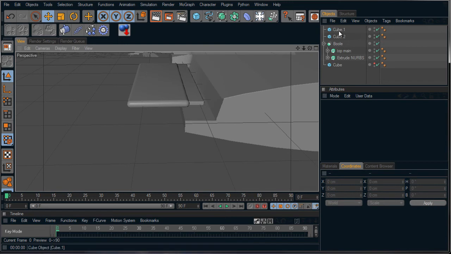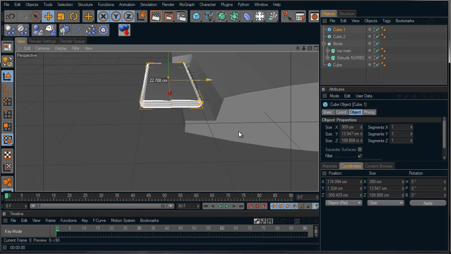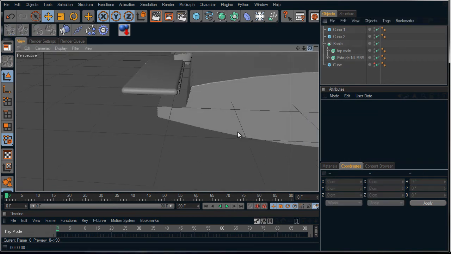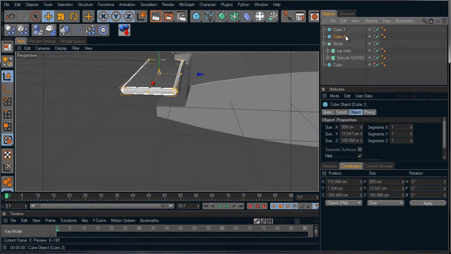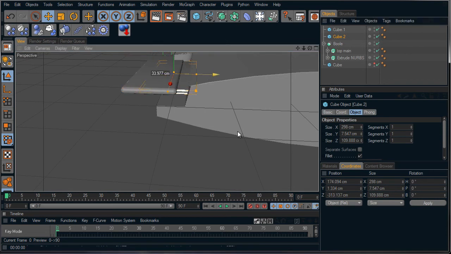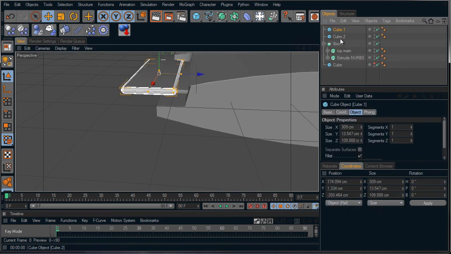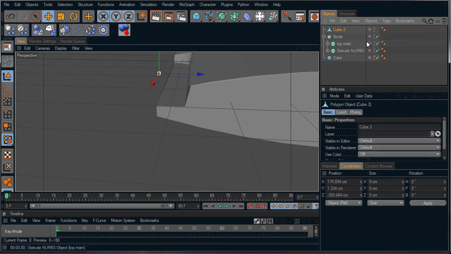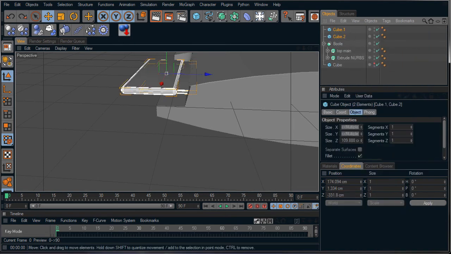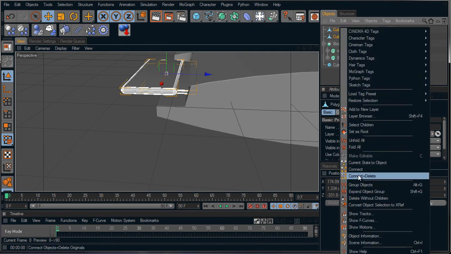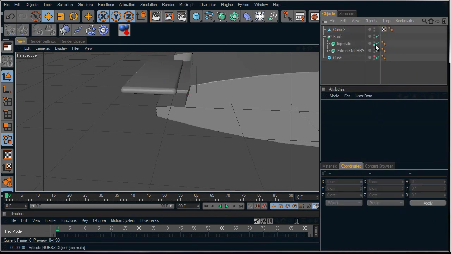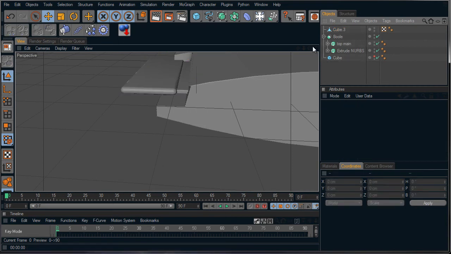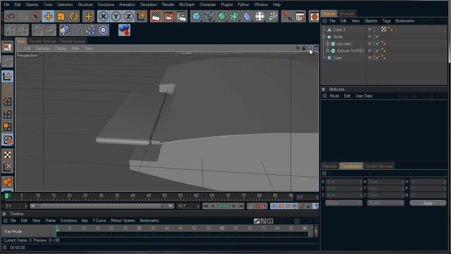What I'm going to do is, this goes in a bit, so then this goes in pretty far, so yeah, let's do that, and let's see if we can right click and connect and delete. Oh, we cannot. Maybe if we make these editable and then connect and delete. There we go. To make them editable, you can click this button or hit C. And now what we're going to do